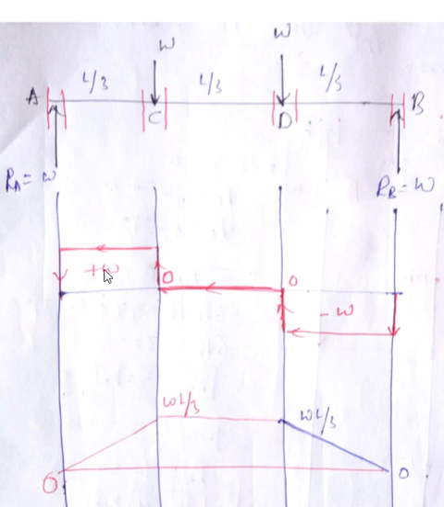Immediately after this, for the shear force diagram, draw a 0 shear force line, a horizontal line like this. Whatever points are there on this 0 shear force line, the value of shear force is 0. Then start from the right hand side and come from the right hand side.